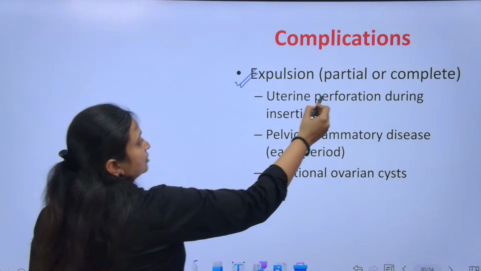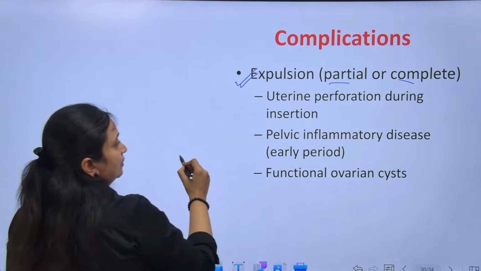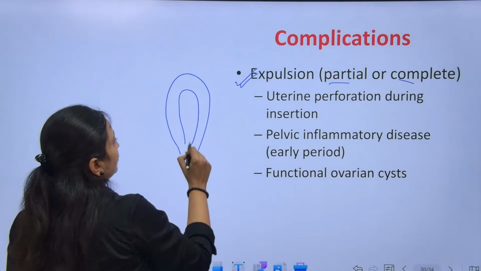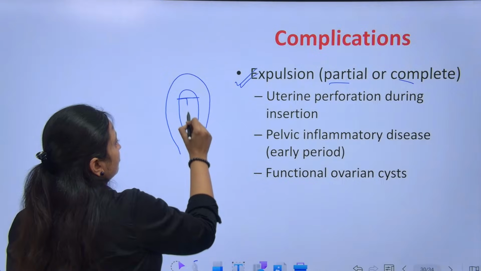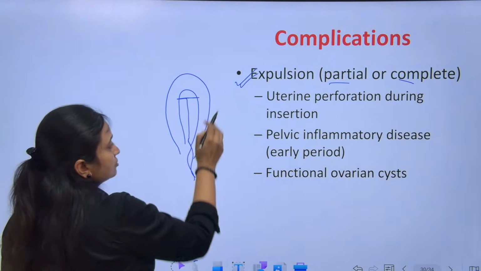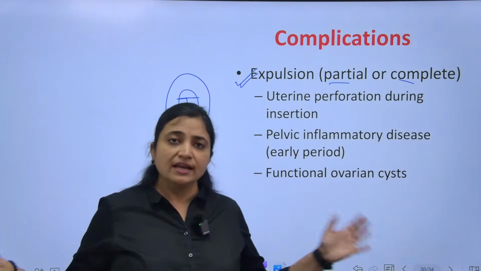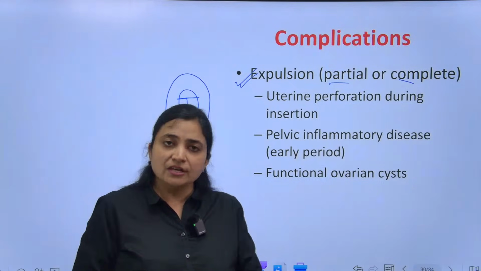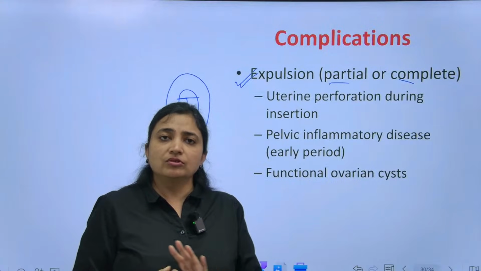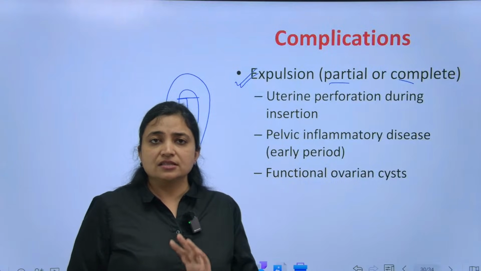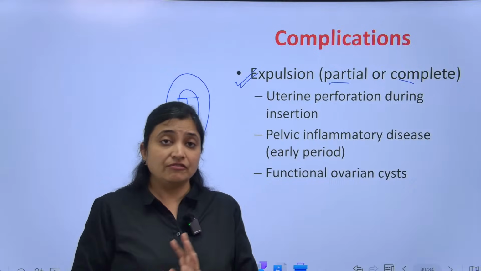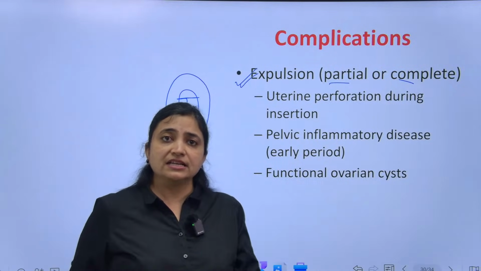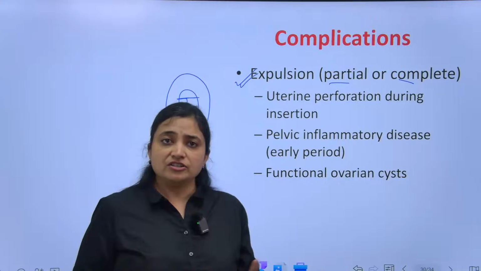What are the complications that we can expect? Expulsion, partial or complete. Fundal placement of the Mirena or the LNG-IUS is very important. During your insertion, if it was a fundal placement, that is the horizontal arms were in complete position, and if your patient selection was good, that is the uterine cavity was normal, the uterine size was normal, then the chances of expulsion are less. But if it was a big cavity and you just kept it like this without fundal placement, there are chances that with first menses,